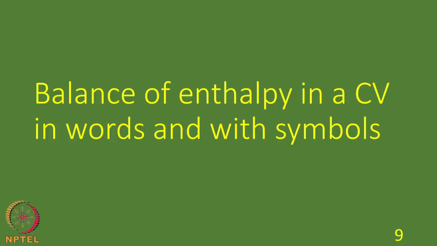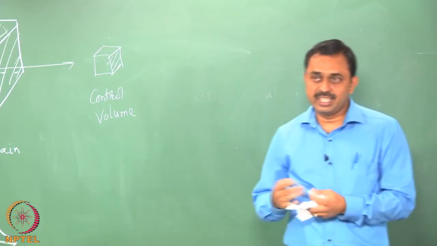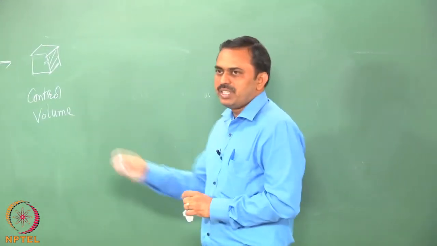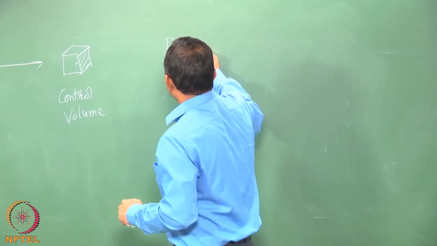So, what is the meaning of this heat conduction equation? It is basically balancing something. We are balancing essentially energy. Sometimes we may be tempted to say that we are talking about conservation of energy, but conservation is actually a very serious term, we do not use that. We basically are looking at balance of energy,